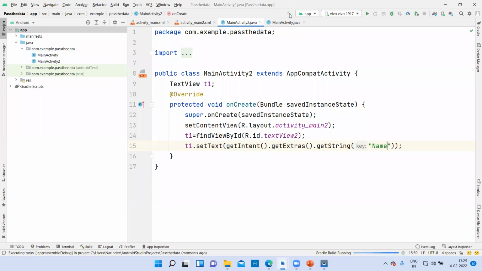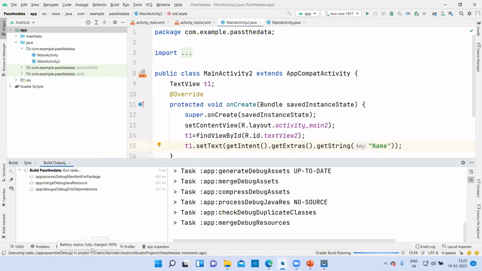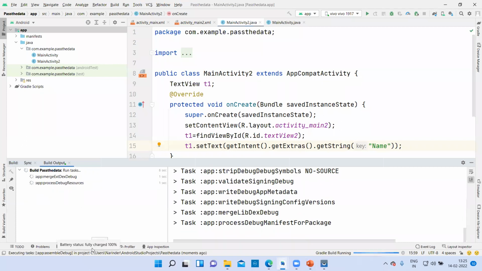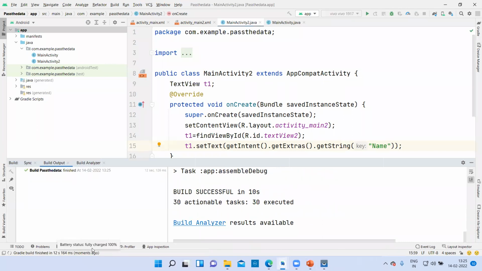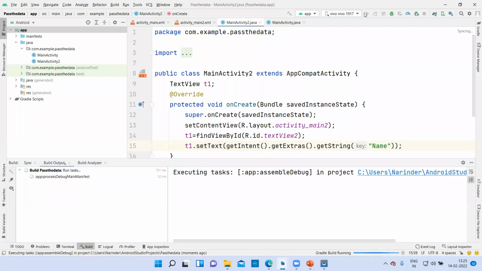So let me build it up quickly. It is done. So let us deploy it onto my device.